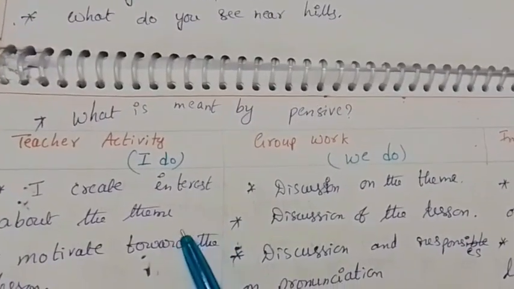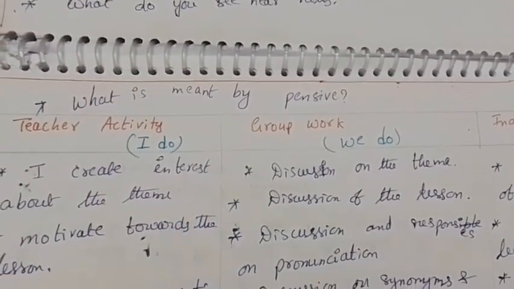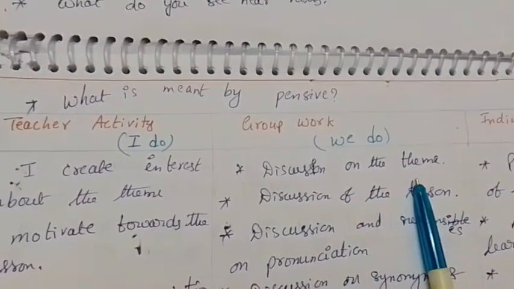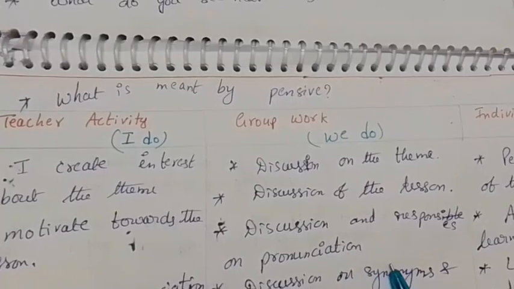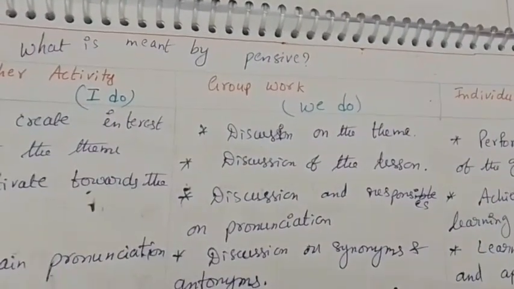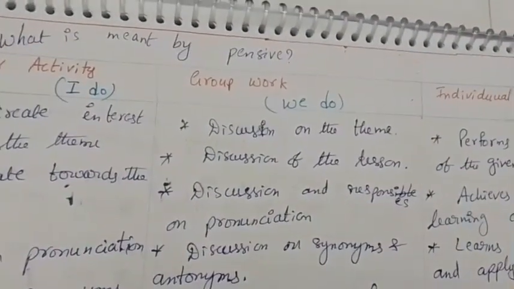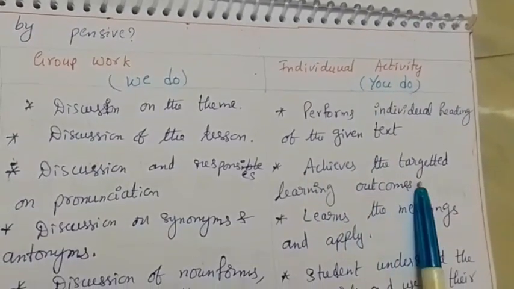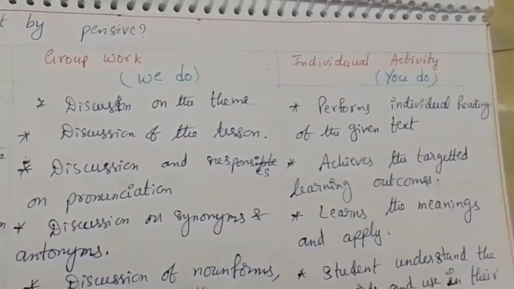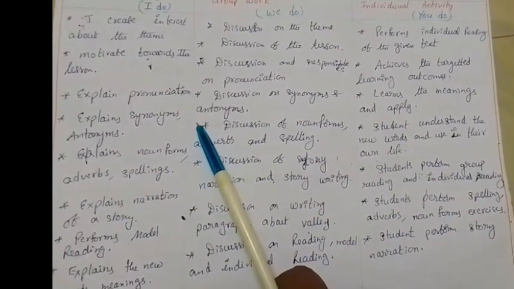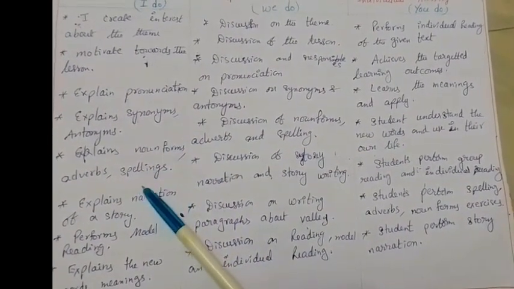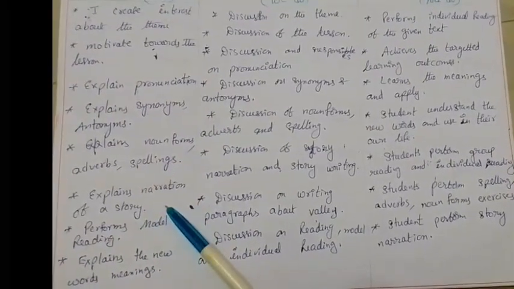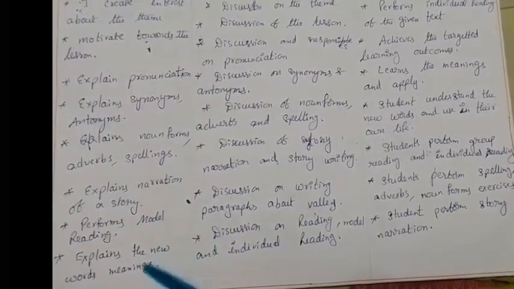I create interest about the theme and motivate towards the lesson. Discussion on the theme, discussion on the lesson, discussion on responses and the pronunciation will be there. The student performs individually, reading the given text, and achieves the targeted learning outcomes. The teacher explains pronunciation, synonyms, antonyms, noun forms, adverbs and spellings, explains narration of a story, performs model reading, explains